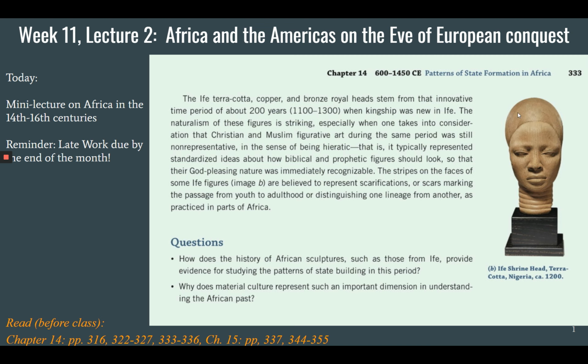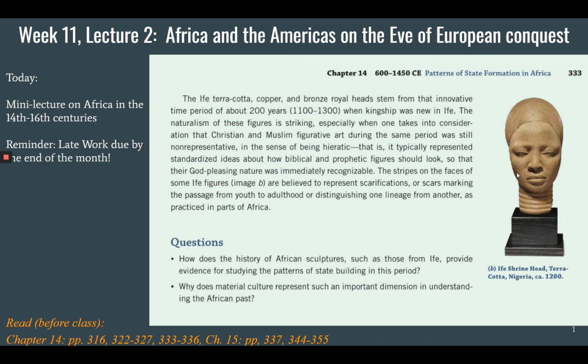Perhaps more so than you would see in Christian imagery, especially, and even back in pre-modern China, pre-modern Japan, for example, or India. The depictions of religious or powerful political figures, these two often go hand in hand, they're one and the same, aren't really all that realistic looking, and these are quite realistic looking. And you could infer all kinds of things about the history of Africa and the history of Ife